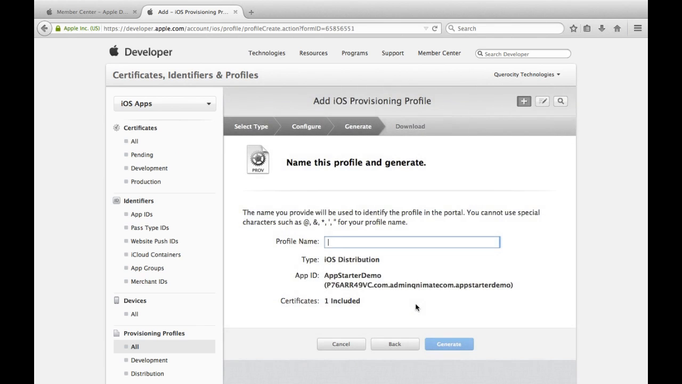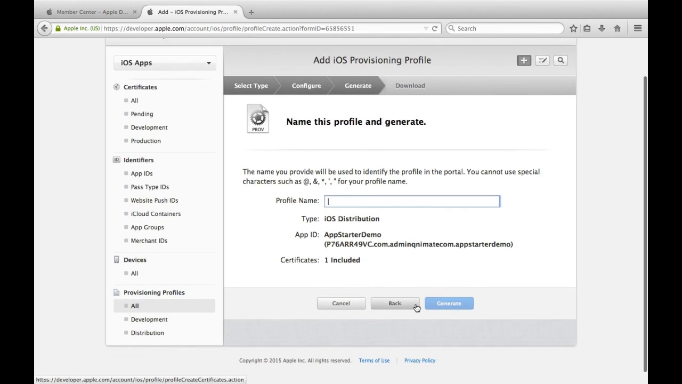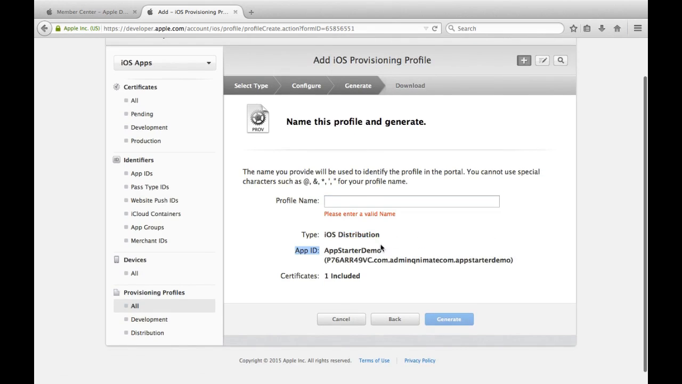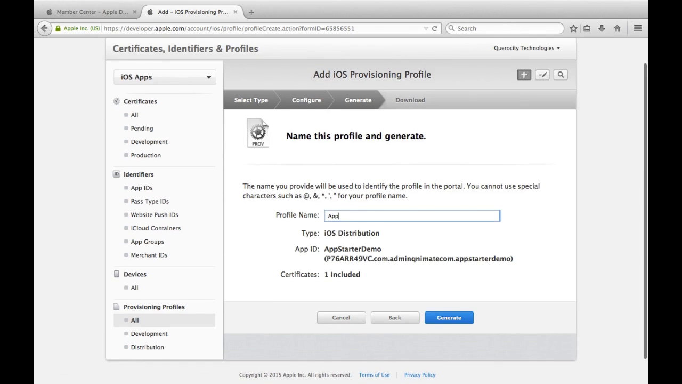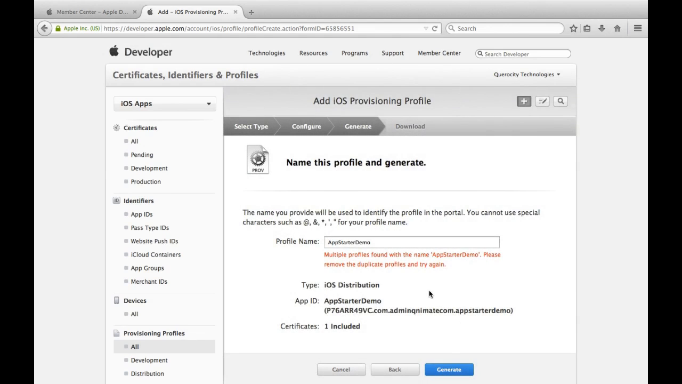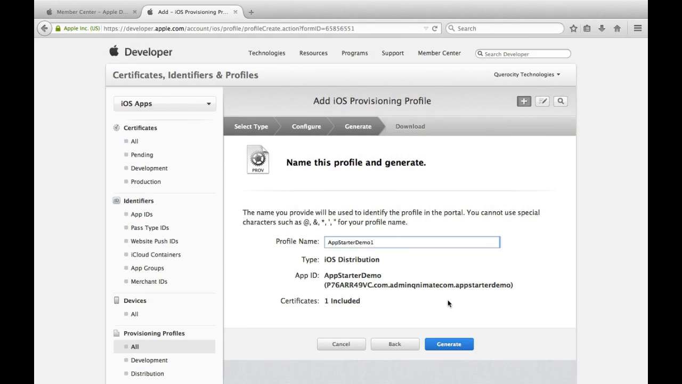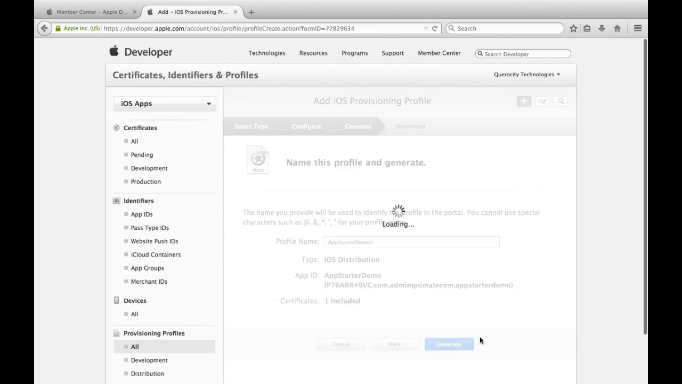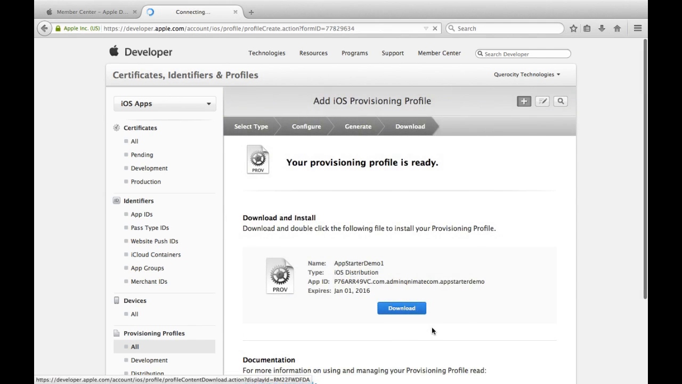And you can see this time it did not ask me for devices because in App Store this is available for all the devices in the world, so it did not ask me anything such. And for profile name, I'm going to use the same as ID. You can use something else of your wish. Okay, so I'm just going to add a one, because you cannot have two provisioning profiles with the same name. Okay, so I'm going to download this,